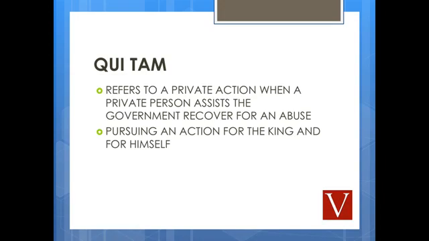You can basically go to, I believe it's the United States Attorney General, present the claim to them, and if they want to take the case, you get a percentage. I think it's 25, don't quote me, but you would actually get a percentage of the case while they're prosecuting it for you, while they're bringing the civil action or whatever they're doing to recover. So you are essentially, as bullet point 2 says, pursuing an action for the king and for yourself. And as I recall from the qui tam, if the government doesn't want to take the case, then you're free to bring it on your own.